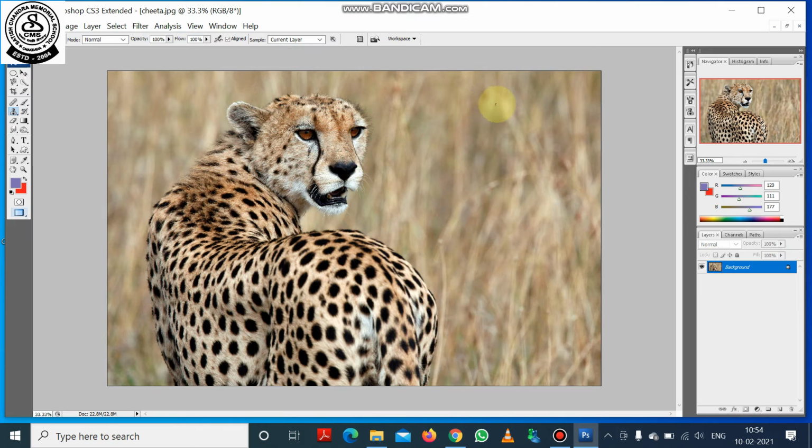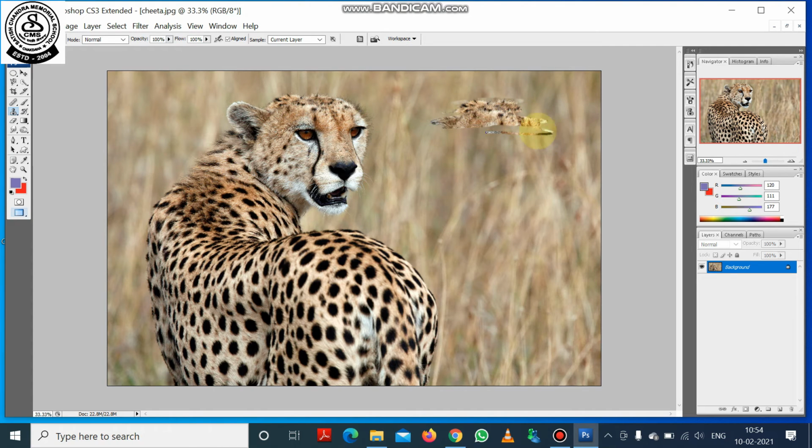Then you can see one very tiny circle mouse cursor is coming. You can see the movement. Now I am just moving the mouse cursor from one part of the image continuously.